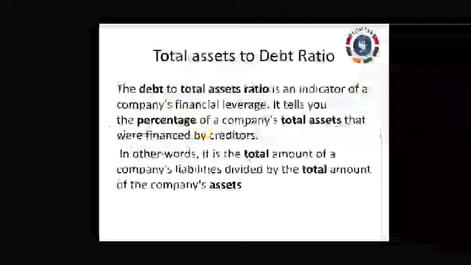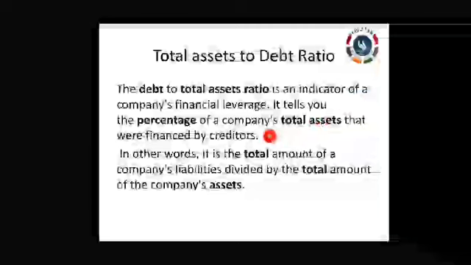And then the total assets to debt ratio. This ratio measures the external coverage of long term debt by assets. The debt to total asset ratio is an indicator of the company's financial leverage. It tells you the percentage of the company's total assets. So